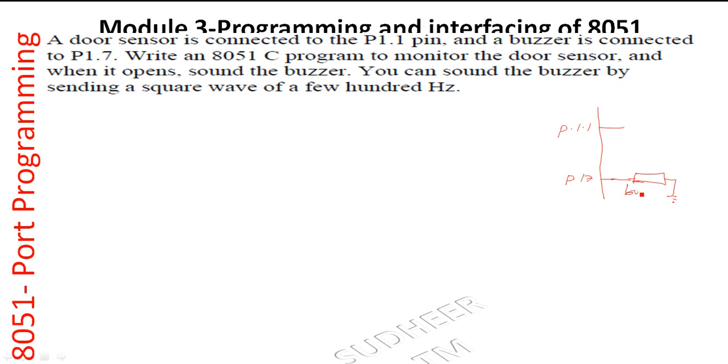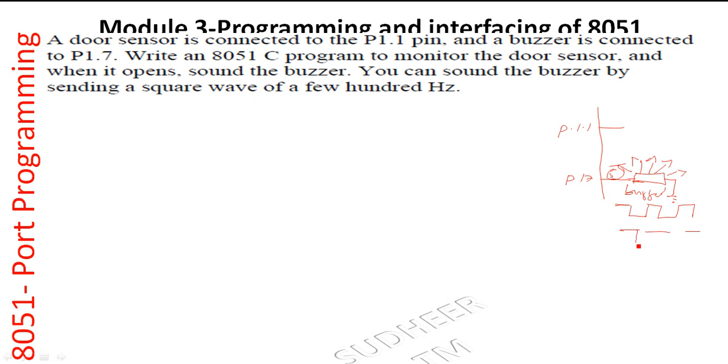So this is the buzzer connection. It produces sound when 5 volts comes to it. So we can make a tick tick tick sound. When we write logic high, it makes a tick, then off. So the buzzer will make tick tick tick with the help of the